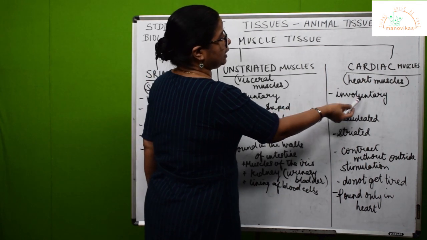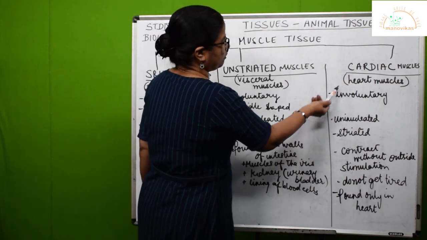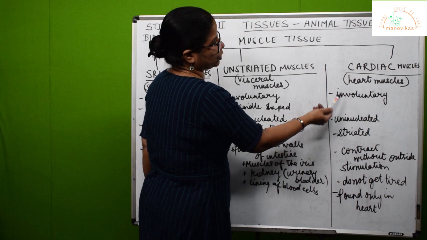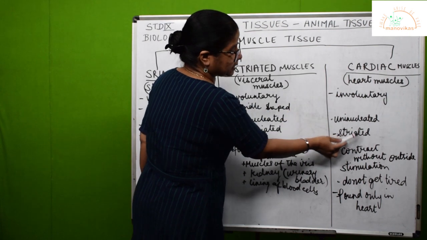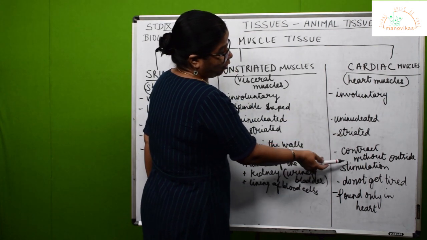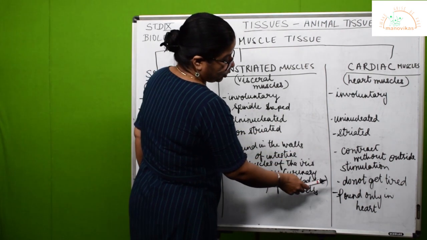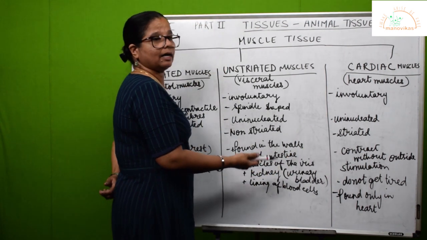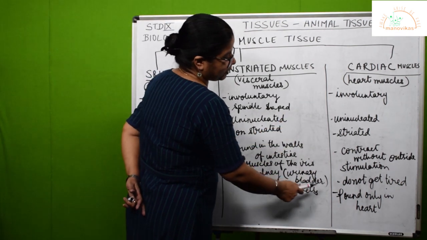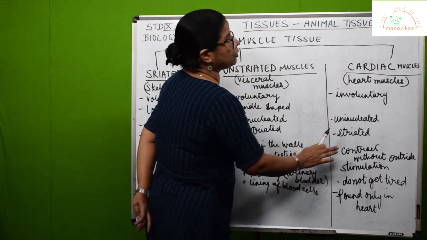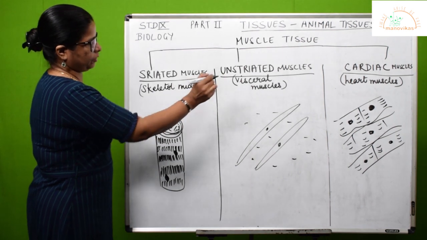Now, the cardiac muscles, they are clearly heart muscles, involuntary, because our heart, we cannot, on our will and wish, ask our heart to beat or stop beating. So, again uninucleate, striated. If you look at the structure of the cardiac muscles, you will find light and dark bands on them. They contract without outside stimulation. So, nothing from outside has to tell them to contract. They do not get tired. If the heart muscles get tired, the heart will stop functioning, the movement of blood around the body will stop. So, nature has made it in a way where they don't get tired, and they are found exclusively in the heart. Now, let us look at some simple diagrams of each one of these muscles.